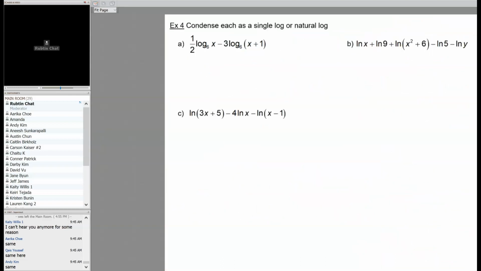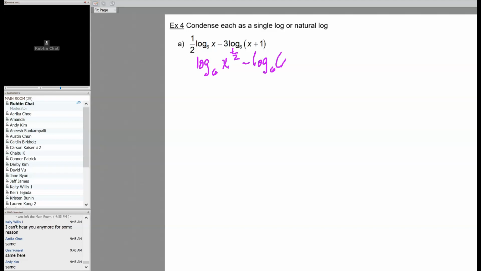Okay. All right, so if I can expand them, I can also condense them. So let me get rid of this and this for right now so it's not confusing. So notice you can go backwards. This 1/2 is secretly x to the 1/2. This 3 is secretly parentheses to the third. So I'm going to do that first, and it pays to do this in steps. So if I do log base 6 of x to the 1/2 minus log base 6 of x plus 1 cubed,